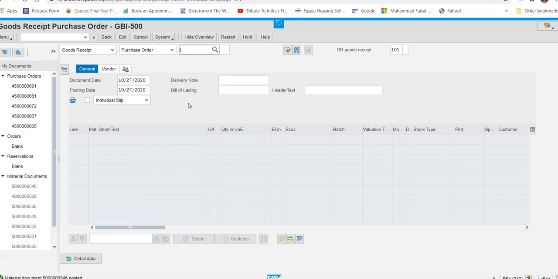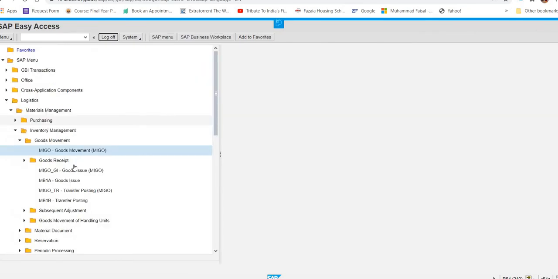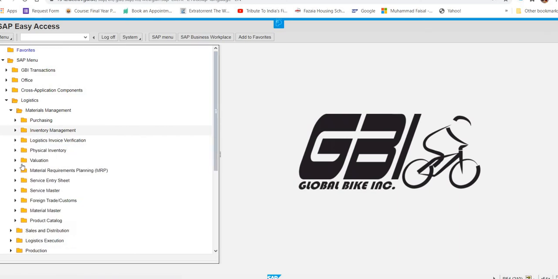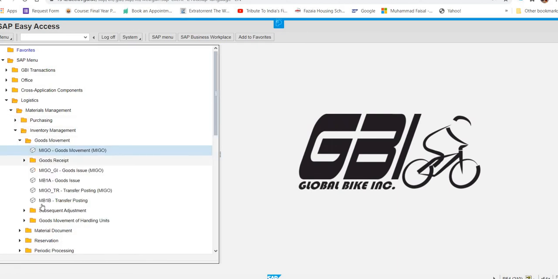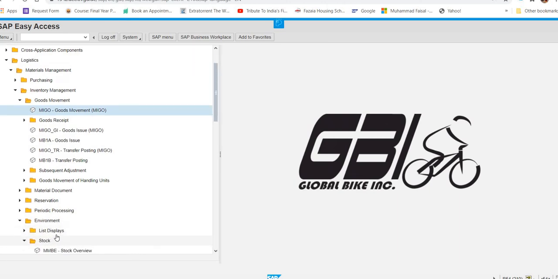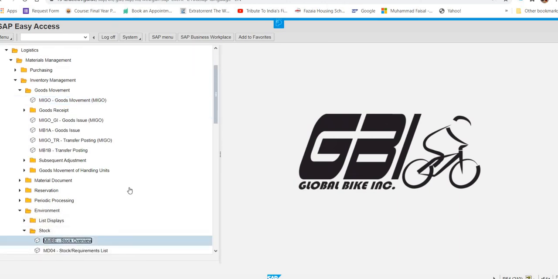Now what you can do, again the same thing: you will go out from here. You can perform the same activity under inventory management, then environment, and under environment there is stock and stock overview.